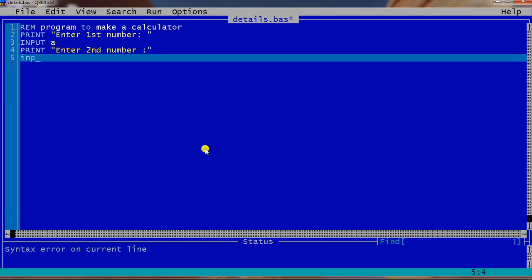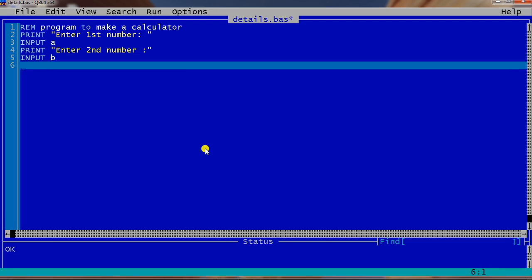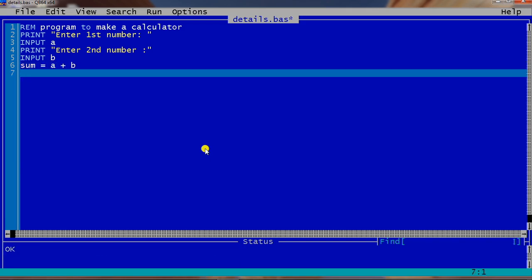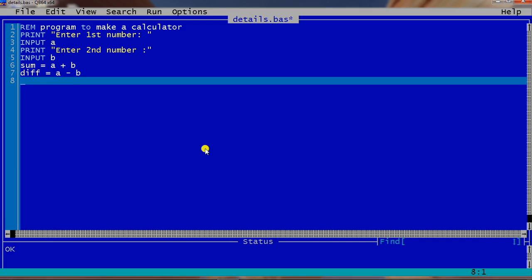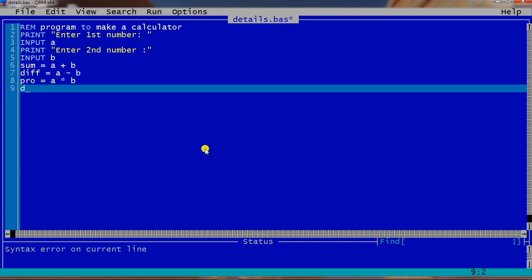So I will take it in B. So let's do sum equals A plus B. Difference, for difference I will write diff, difference equals A minus B. Product, so I will write product equals A multiplied by B, and for division I will write A divided